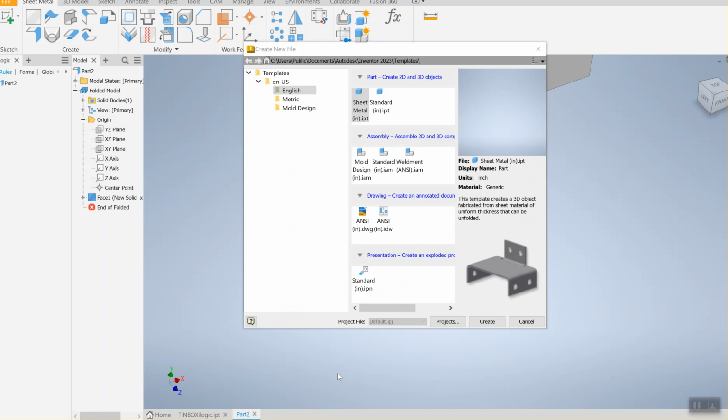Hello everyone, this is Mr. Ege, and we're going to be focusing on how to use Inventor in creation of a sheet metal tin container project. This is a mechanical engineering project, but it's also an example of how to use principles of engineering design